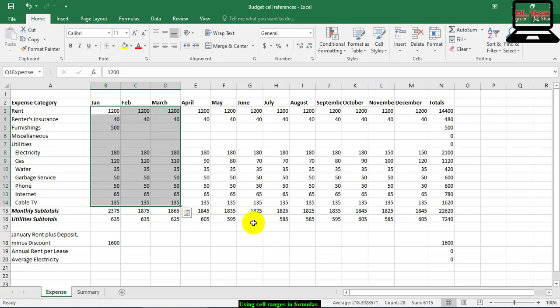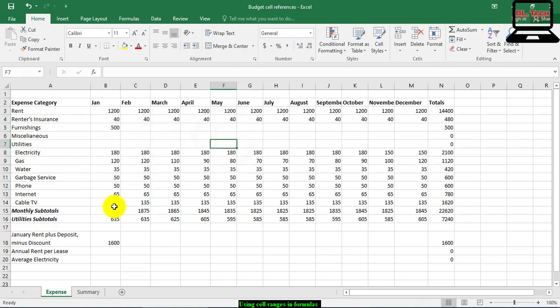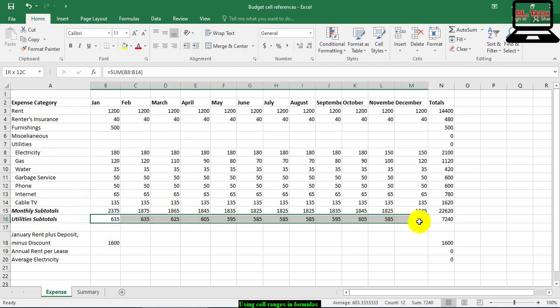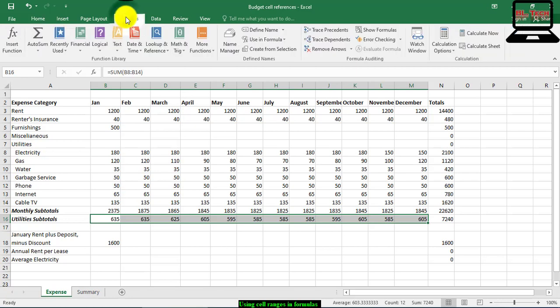An alternative way to name a range is to use the New Name dialog box. Select B16 to D16, here. On the Formulas tab, in the Defined Names group, click Define Name.